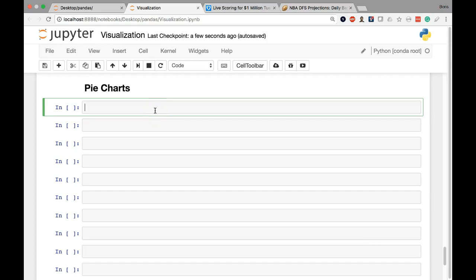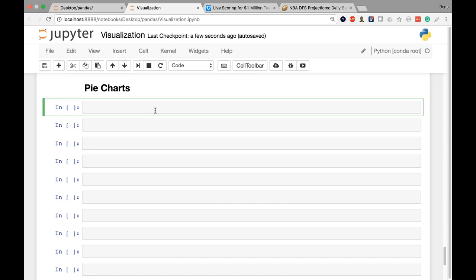Alright, in this lesson I'll show you how to use Matplotlib to create a pie chart. Pie charts are really effective at showing how different parts come together to form the whole. So for this example, I'm once again going to query a different company, something that's more fit for looking at